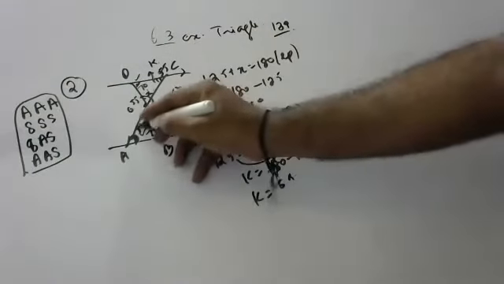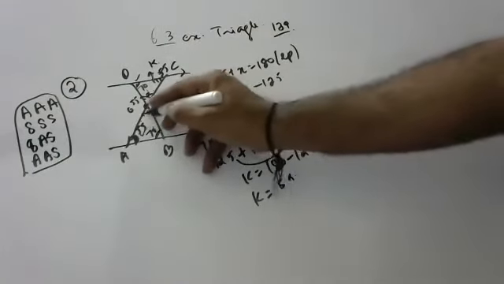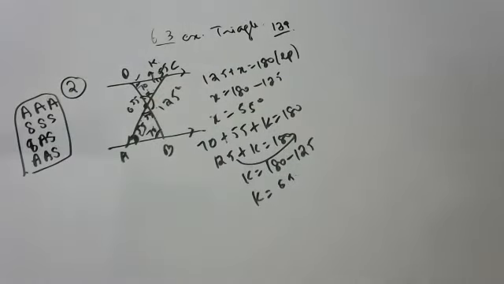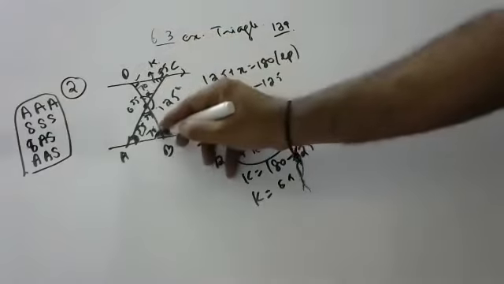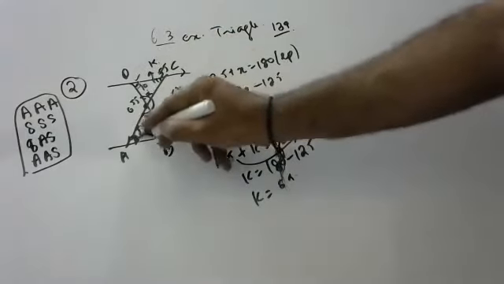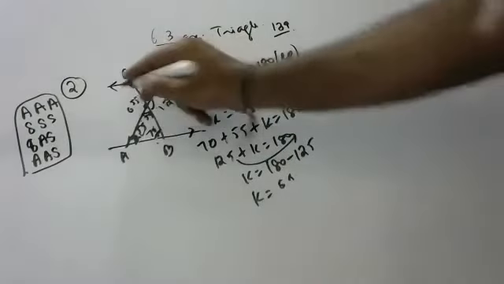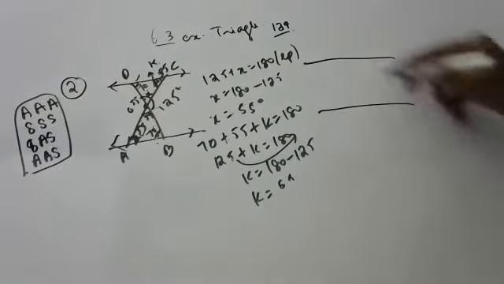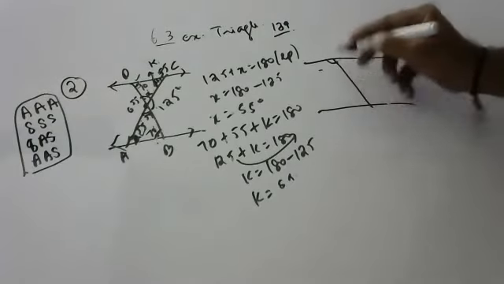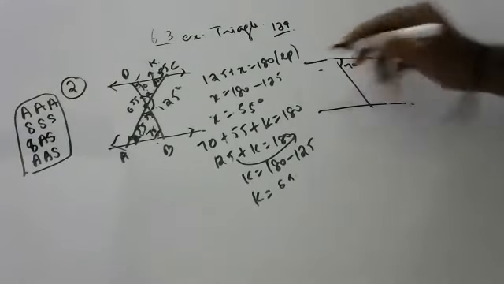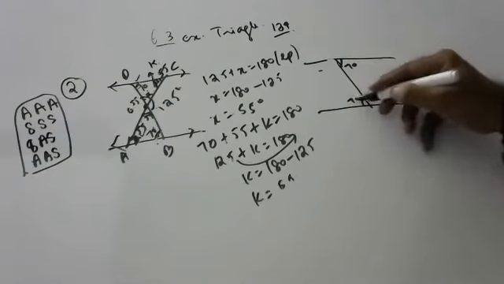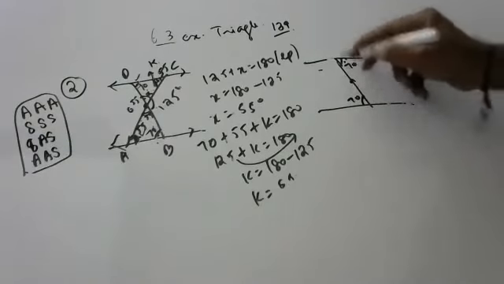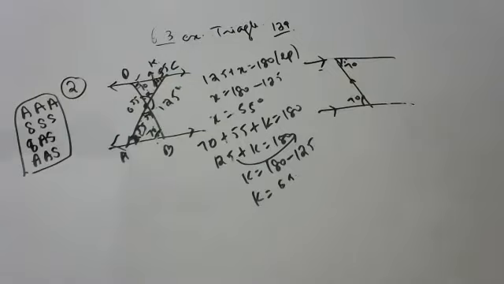If this is 55, this is also 55, and this is also 55. Like this here, children, very easy sum. If this is 70, this is also 70. Why, children? Alternate angles. If this is 55, this is also 55. Why? Alternate angles, because these both are parallel lines. If this is 70, this will also be 70. Why, children? Alternate angles. This will become a transversal, and these both are parallel lines. This is your second sum, children. Go to the third sum, children.